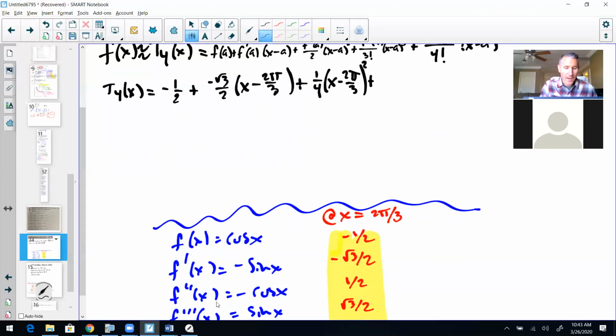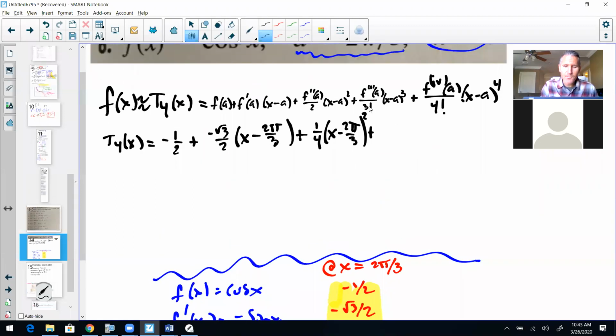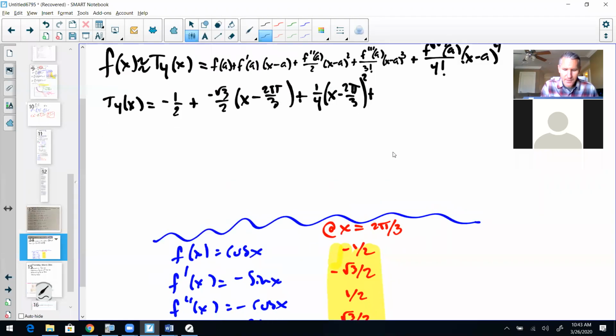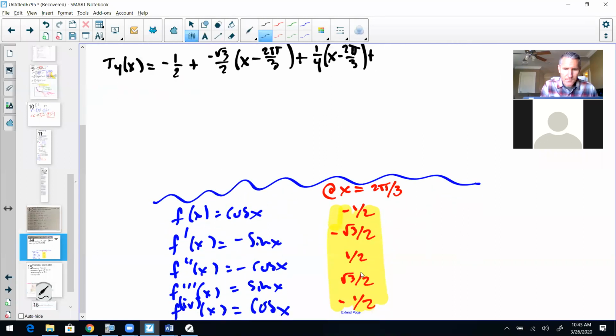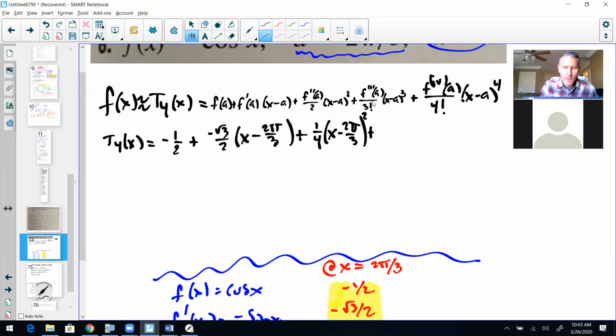Plus f triple prime of f at x equals 2 pi over 3 is root 3 over 2. But this says divided by 3 factorial. 3 factorial is 6. So root 3 over 2 over 6 is root 3 over 12, times (x minus 2 pi over 3)